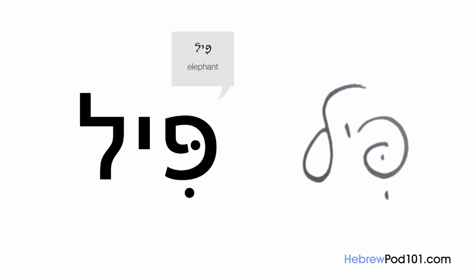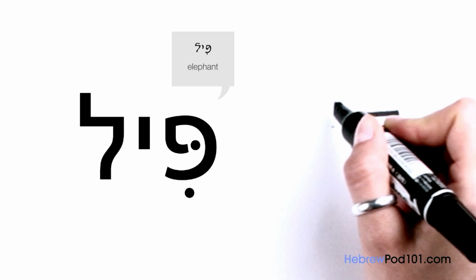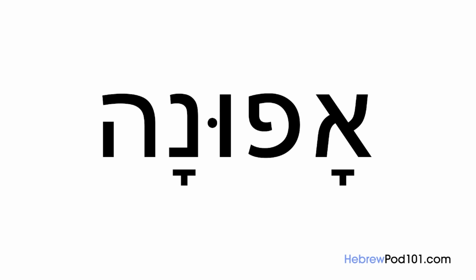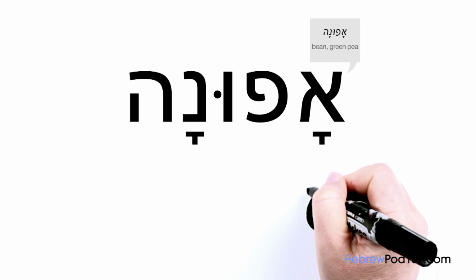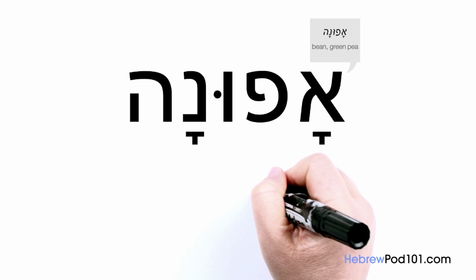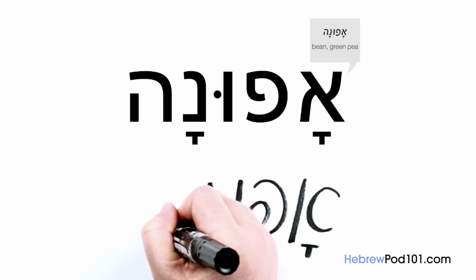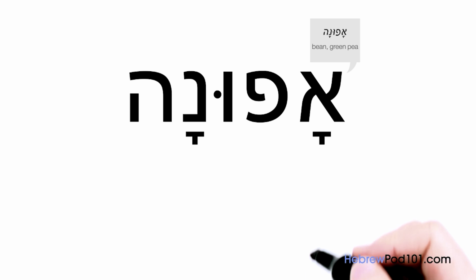And in print it looks like this. And afuna is a bin. And in print,